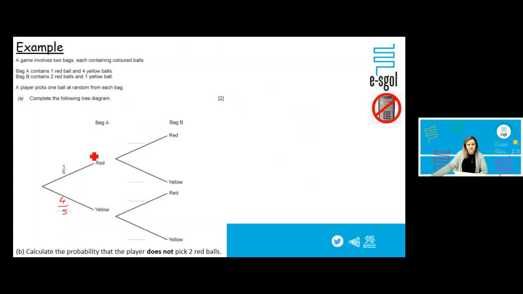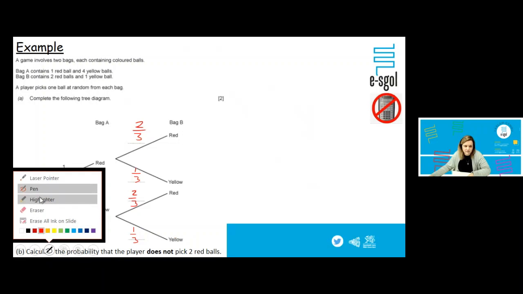Bag B contains 2 red balls and 1 yellow ball. So that is 2 out of 3 in total, leaving you with 1 out of 3 for your yellow. And then that repeats on the bottom section there. So that gets you your first 2. Now, calculating the probability the player does not pick 2 red balls. That could mean, and I'm going to put some highlighting on here,